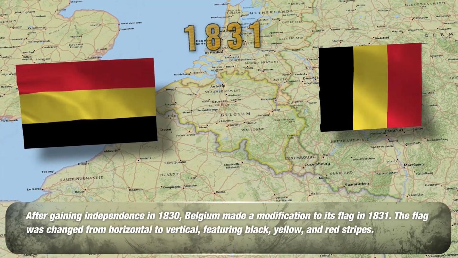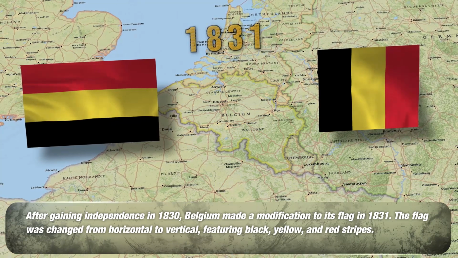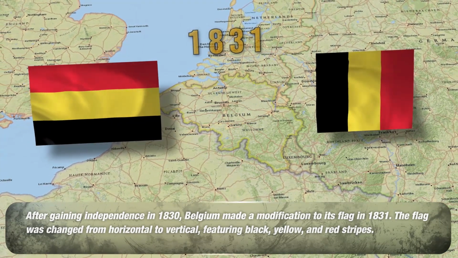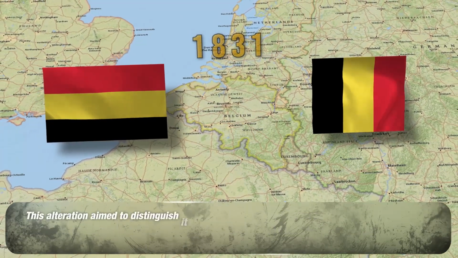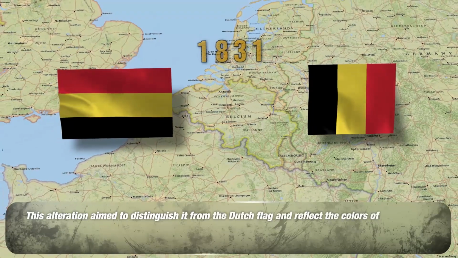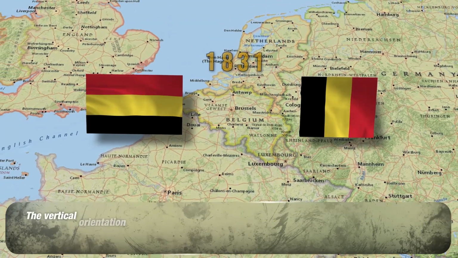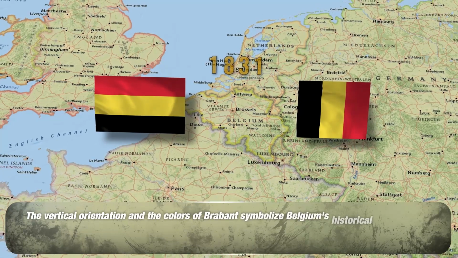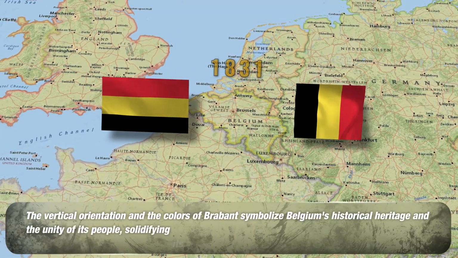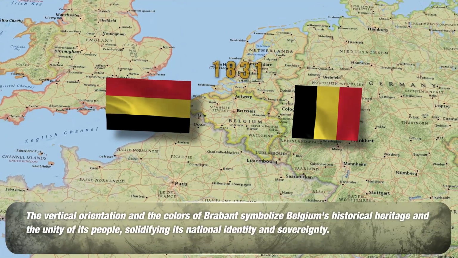The flag was changed from horizontal to vertical, featuring black, yellow and red stripes. This alteration aimed to distinguish it from the Dutch flag and reflect the colours of the Duchy of Brabant. The vertical orientation and the colours of Brabant symbolise Belgium's historical heritage and the unity of its people, solidifying its